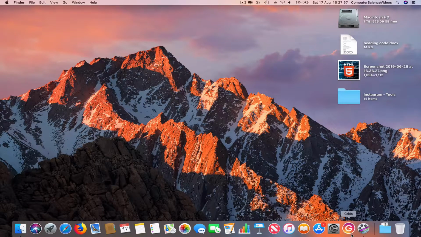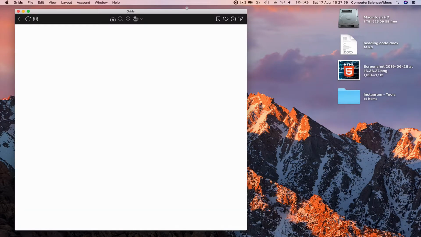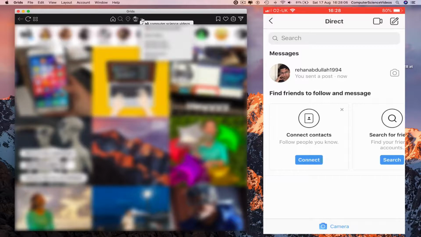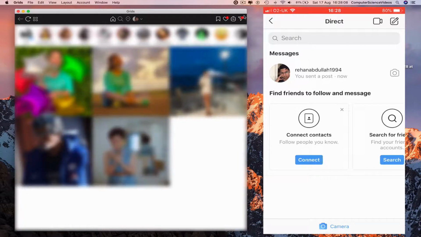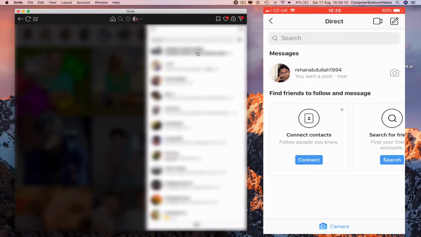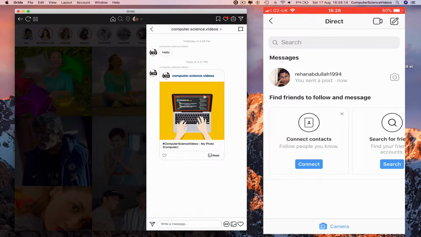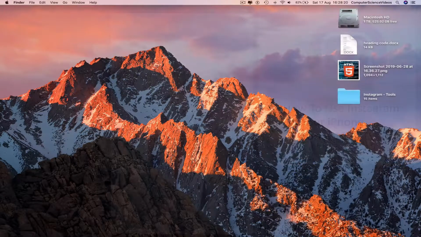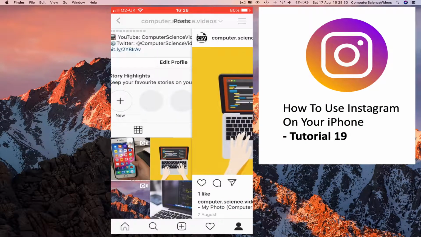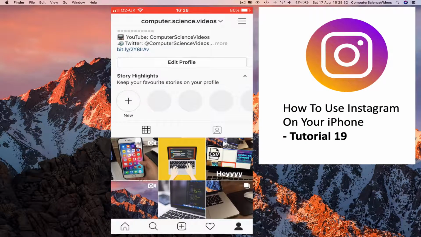grids application, switch accounts, go to your DMs, and now we see the photo. Close out of grids, go back to your profile, go to the home page of the